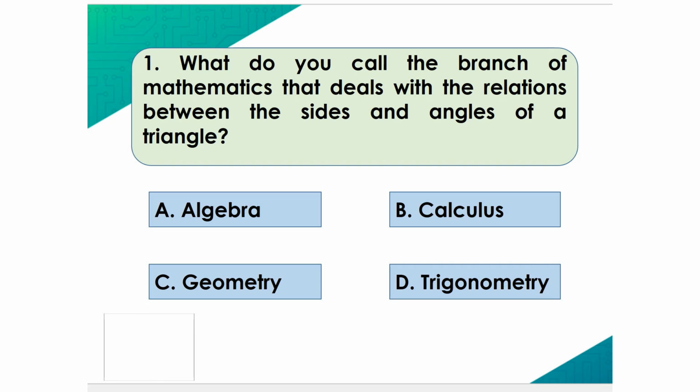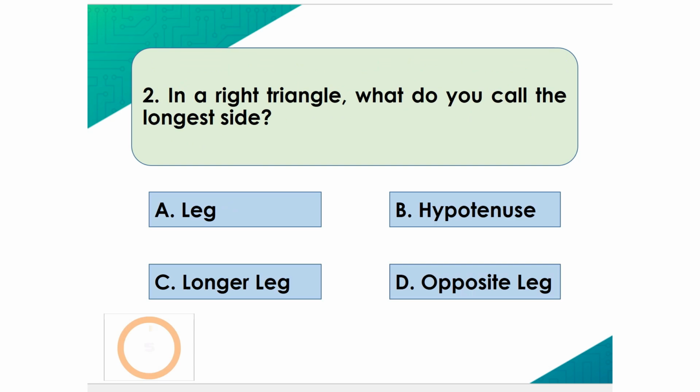The correct answer is D. Trigonometry. 2. In a right triangle, what do you call the longest side? A. Leg. B. Hypotenuse. C. Longer leg. D. Opposite leg. The correct answer is